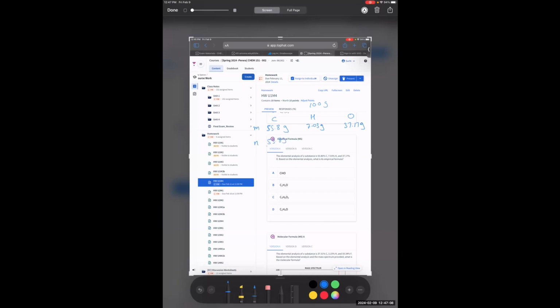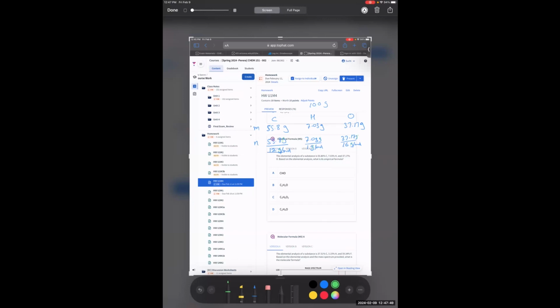55.8 grams. If you want to determine the moles of carbon, I'm going to divide this by the molar mass of carbon, which is 12 grams per mole. And then to determine the moles of hydrogen, I'm going to divide 7.03 grams by the molar mass of hydrogen, which is 1 gram per mole. And then to determine the moles of oxygen, I'm going to divide 37.17 grams by the molar mass of oxygen, which is 16 grams per mole. Okay, so in this case, grams cancel out. We're going to end up with moles. So let's determine that